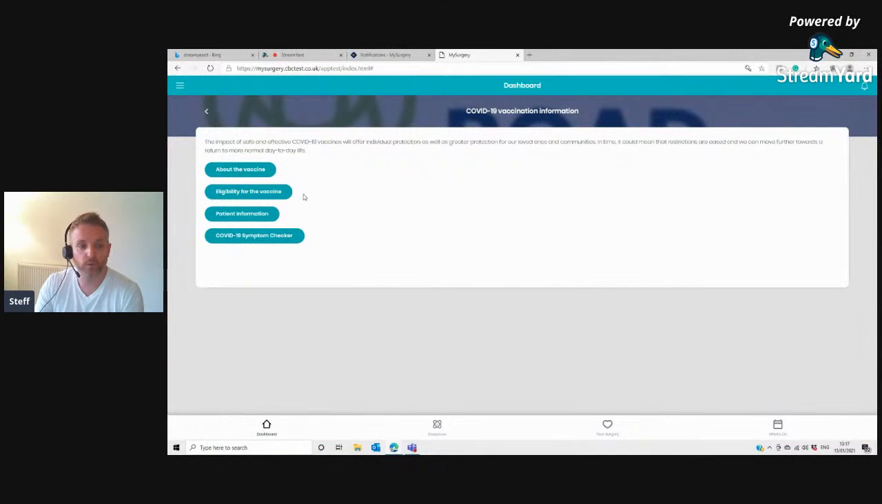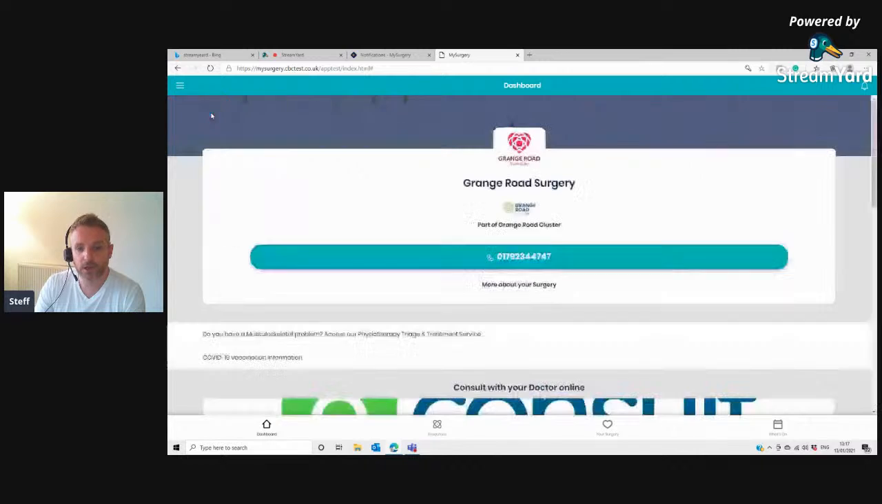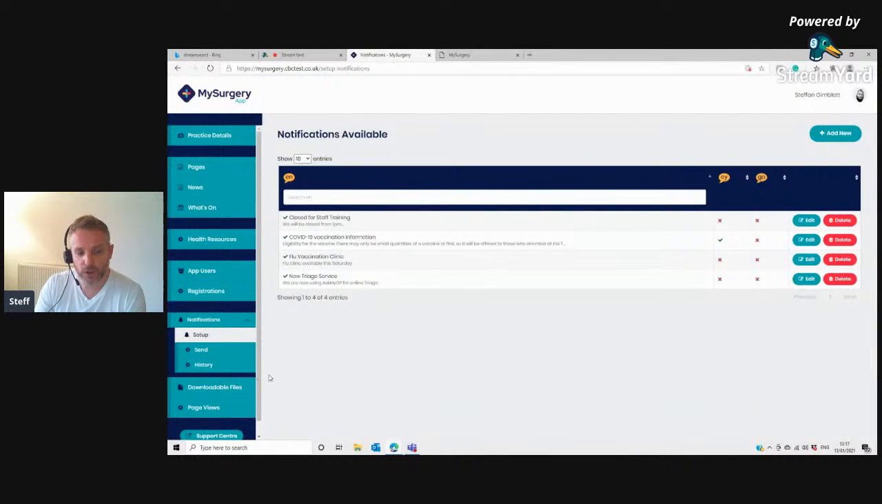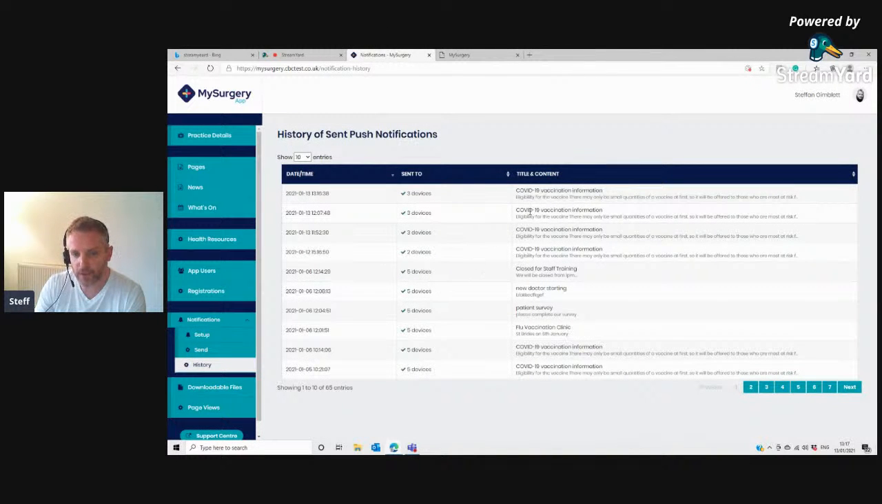So they are well informed, and this is information from Public Health Wales or Public Health England about the vaccine eligibility, patient information. So you can link to loads of stuff just through one notification very quickly. And if you go back into the app, there's an audit trail for your notifications sent. If you click on history, then we can see that today at 1:16, we sent out a COVID-19 vaccine information